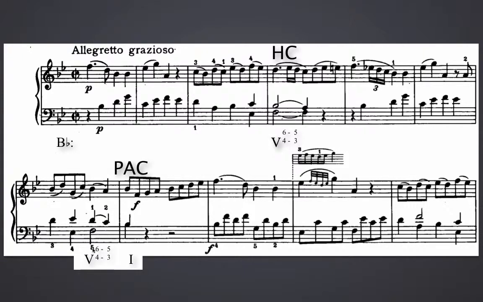Why perfect? Well, it's going 5 to 1, root motion 5 to 1, and the uppermost voice, or you might say the soprano, but the uppermost voice ends on scale degree 1, so a perfect authentic cadence. So what we have in this example are 2 phrases. In those 2 phrases, first phrase ends with a half cadence, and the second phrase ends with a perfect authentic